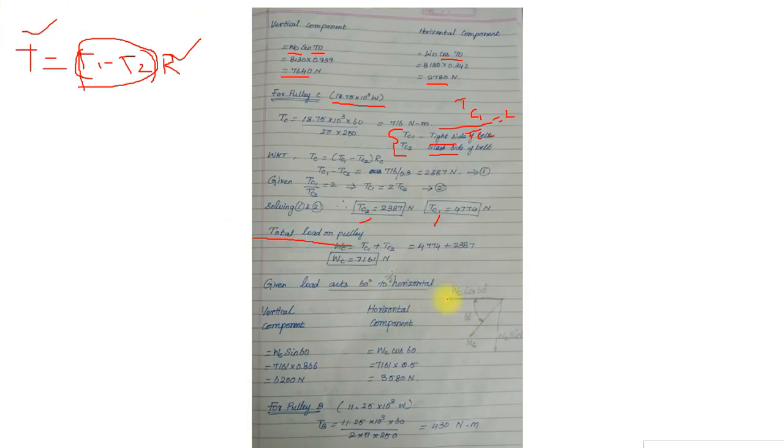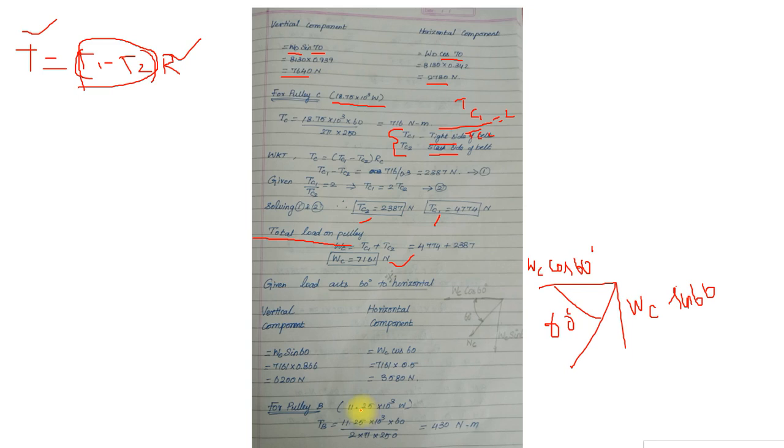So that is the reason I have made an explanation here. From horizontal they have given 60 degrees, so this is the load acting in an inclined direction at 60 degrees. So I can write WC cos 60 as the horizontal component, and similarly WC sin 60 as the vertical component. So at this point the load splits into two forces: horizontal forces and vertical forces.